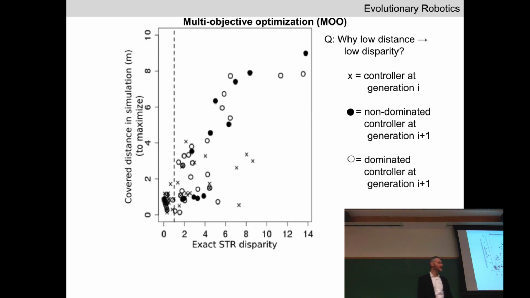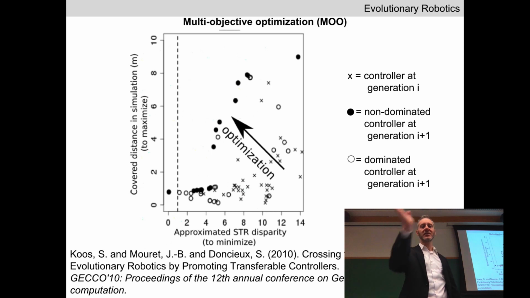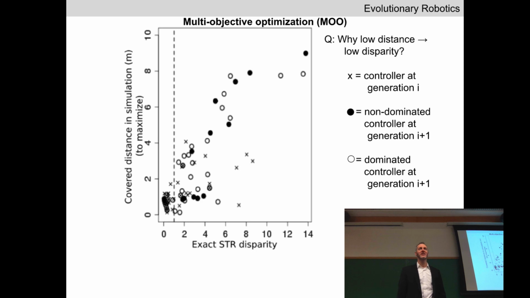Now, the horizontal axis is exact disparity. How well they actually transfer. So the black dots are predicting, generally speaking, that things are going to transfer well to reality. How well was their approximation method? How well did approximated disparity correspond to exact disparity? Not bad, right? The black dots are still more or less up and to the left, but not perfect. So they have some way of approximating disparity before transferring something to reality, and it seems to work pretty well. What is that approximation?